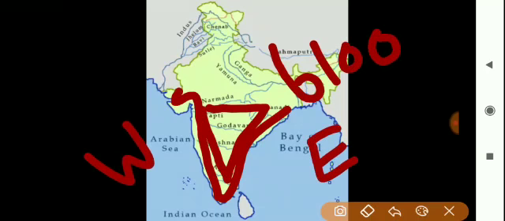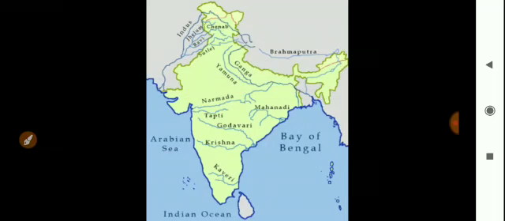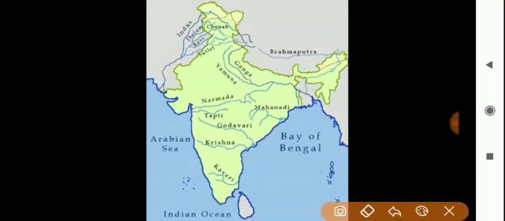These coastal plains are formed by the depositional activity of the rivers that flow in this region and the depositional and erosional activity of the sea waves. So these three actions create the coastal plain. Before that, the rivers that flow in this region are divided into two types, east flowing rivers and west flowing rivers. See here, Narmada, Tapti, and two other rivers, Mahi and Sabarmati. These are the four rivers that flow westwards.